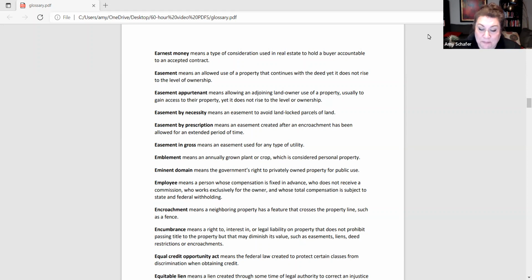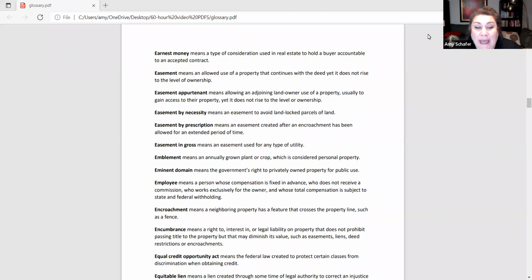An easement, this is the right to use someone's property, but it does not rise to the level of ownership. This easement is part of a deed. It's one of 4 types of encumbrances. Easements happen a lot with utilities where they need to gain access on your property in order to service maybe a drain washout or something like that that's on your property, but it's actually city maintained.